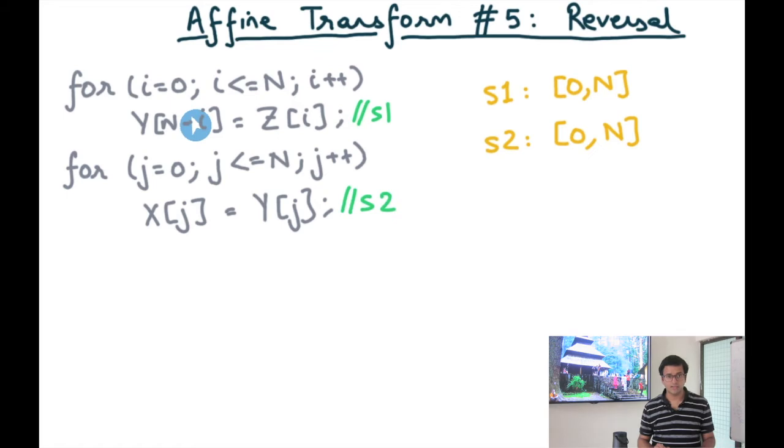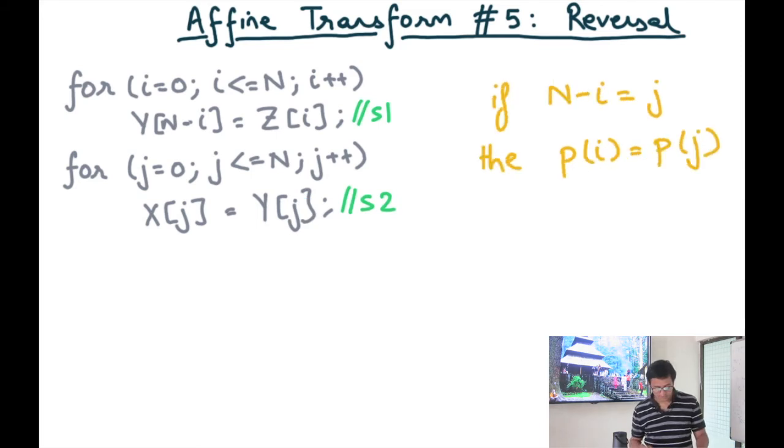Whenever there is a data dependence from S1 to S2, those instances which have a data dependence must be mapped to the same processor ID. And so this basically translates to saying that whenever n minus i equals j, because that's when there will be a data dependence between an instance of S1 and an instance of S2. So whenever n minus i equals j, this is just the lowering of Fi plus small f equals capital F prime small i prime plus small f prime, then this should be pi equals pj. In other words, the iteration i and iteration j should map to the same processor.